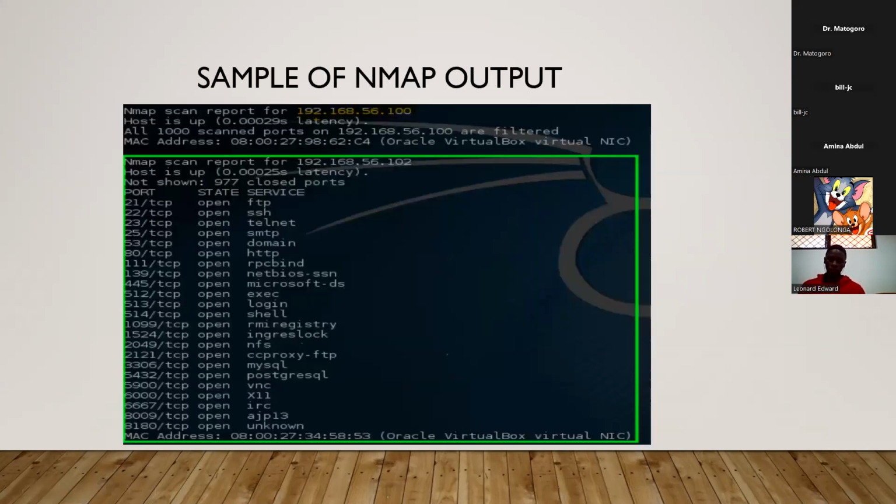This is a sample of Nmap output. In this Nmap, you just see here we have 3306. You know that there is MySQL, but also we have 5432. You know that there is Postgre running on this machine. So by just seeing this default port, an attacker will know exactly, okay, in this machine,